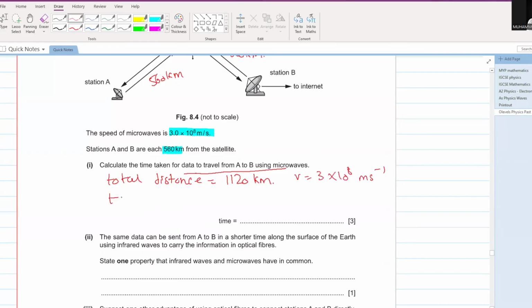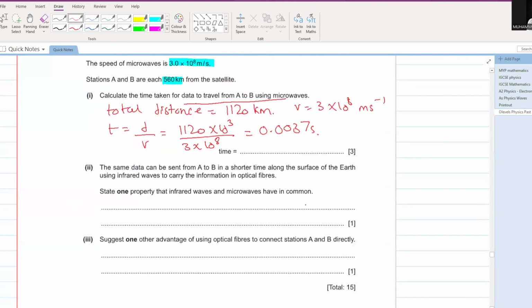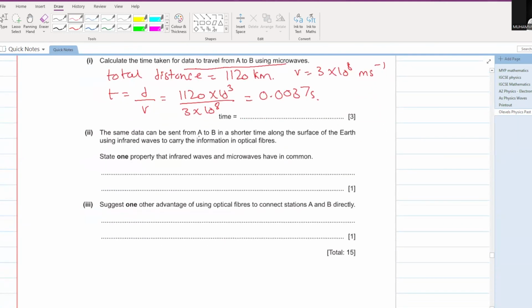Can you calculate the time? Yeah. Distance over the speed. Distance क्या है बेटा? 1120 into 10 raised to the power of 3 divided by the speed, that is 3 into 10 raised to the power of 8. टाइम किसके इक्वल आ जाएगा बेटा? टाइम कम्स आउट टू बी 0.0037 सेकेंड।